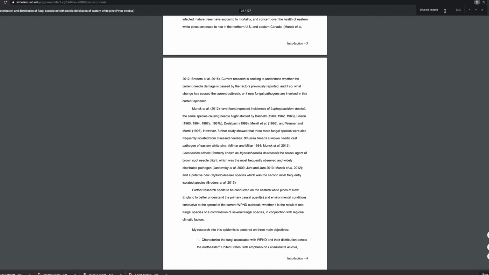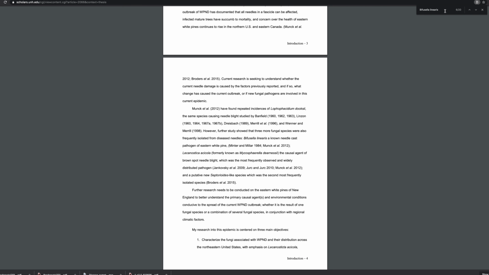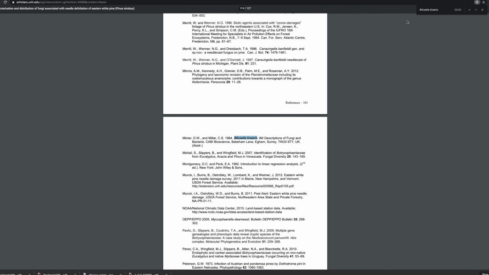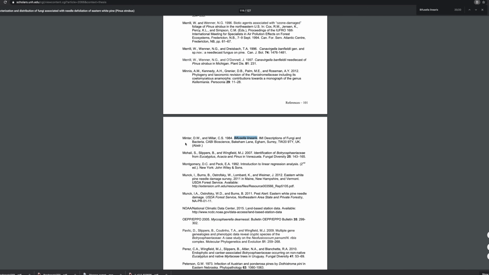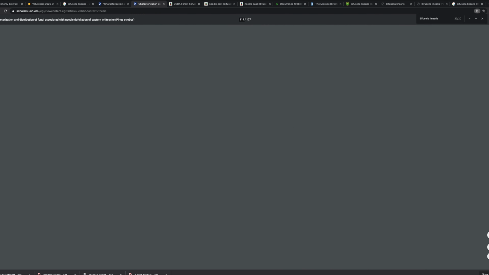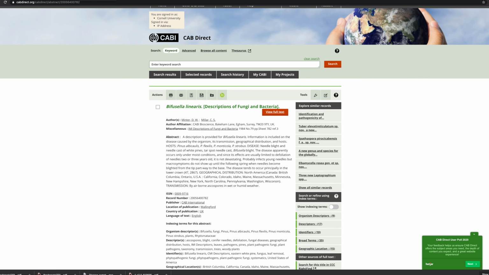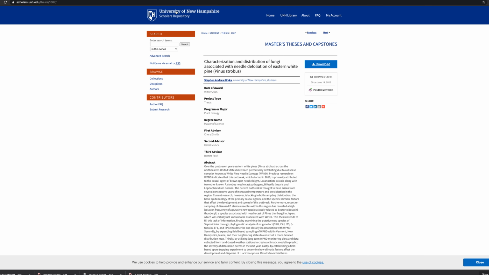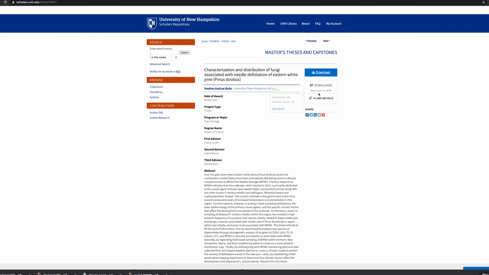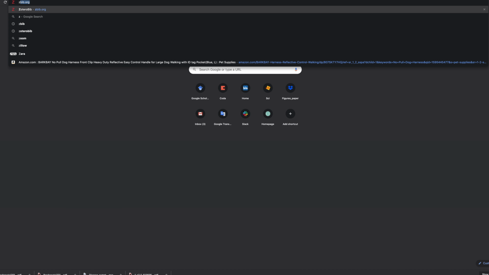Let's see where else they talk about our species. So here we have the references that this thesis references on the study, and maybe we can find this on Google as well. So we have here a description of our fungi, and we're gonna use the previous reference. It's right here. We're gonna go to Zotero,